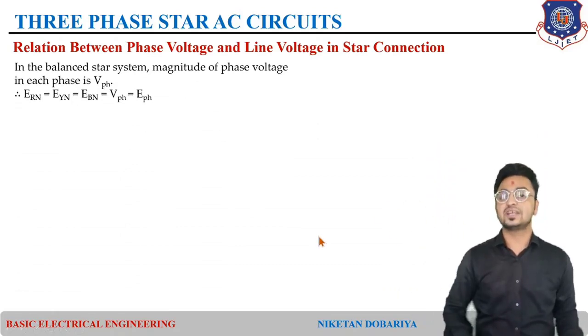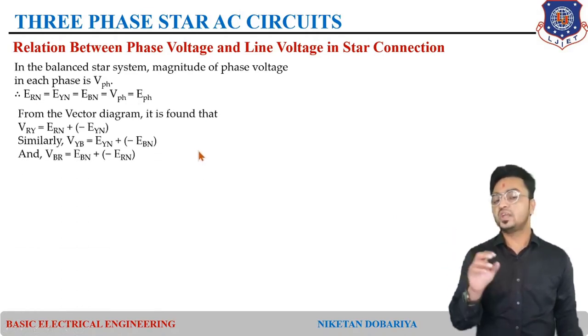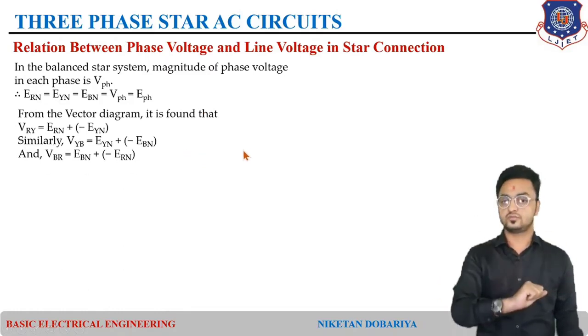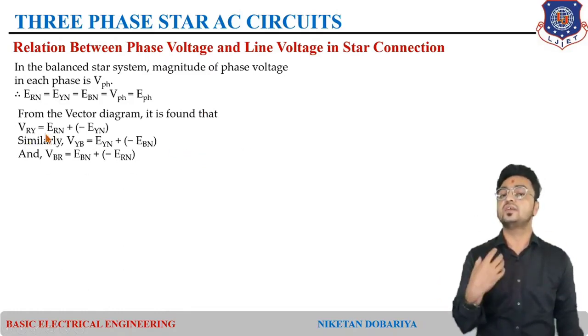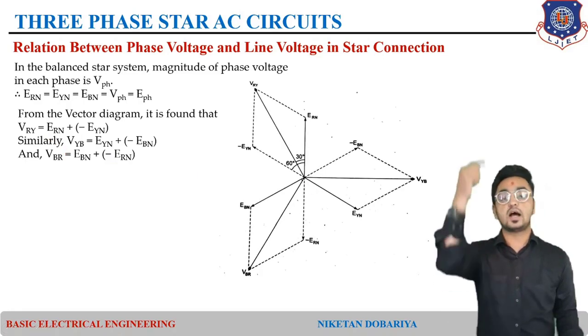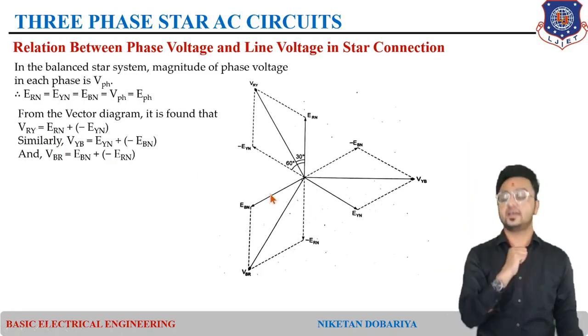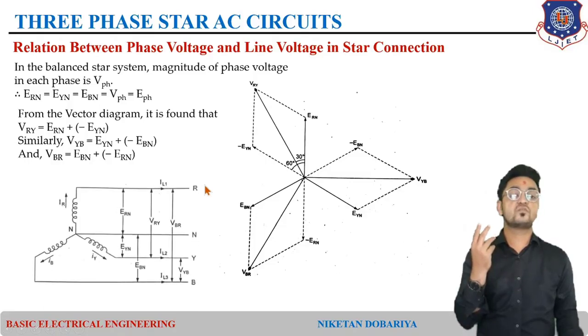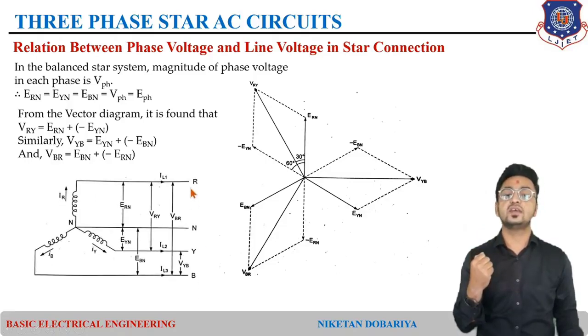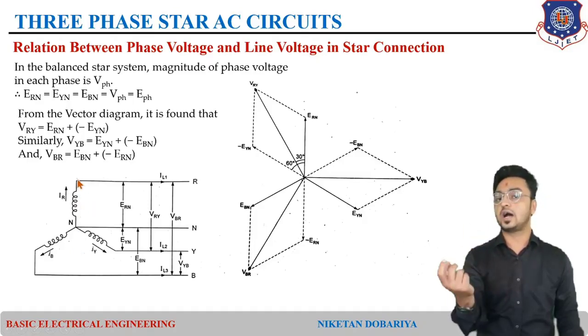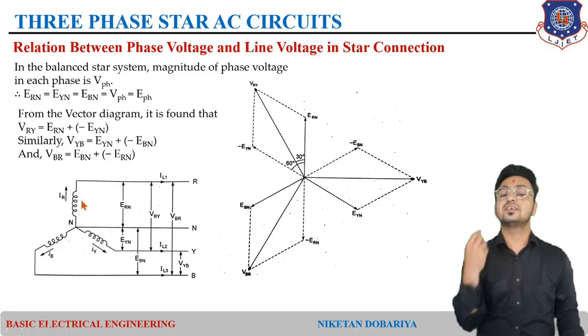This was the relation for currents, and now we define it for voltage. These are the three phase voltages, and now we define one line voltage in terms of phase voltage, VRY. VRY is across R to Y, and when we move from R to Y, we go through the first phase winding, whose voltage is VRN, as we are going from R to N. So we will consider it as plus.